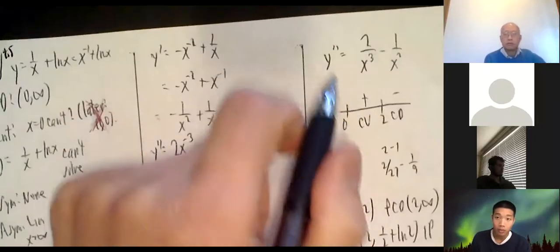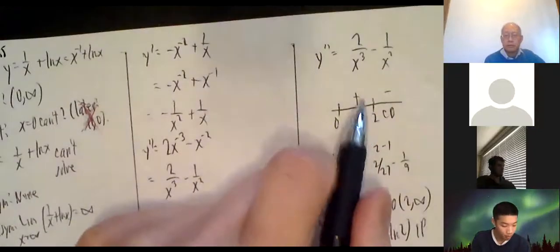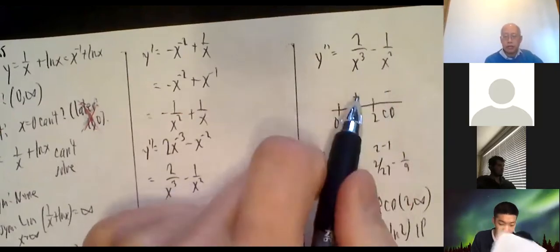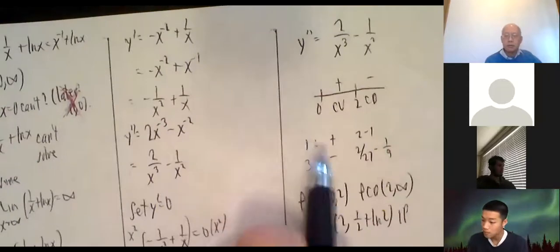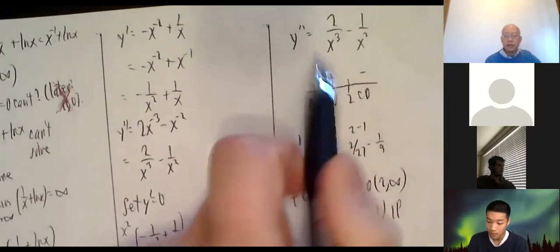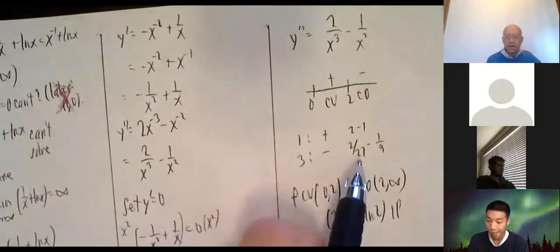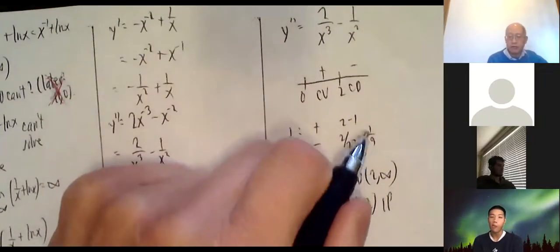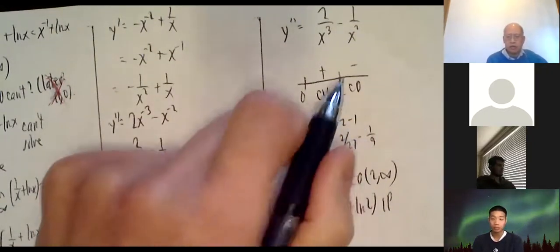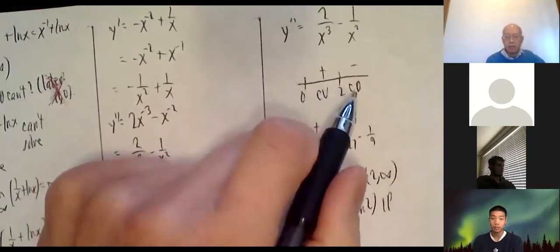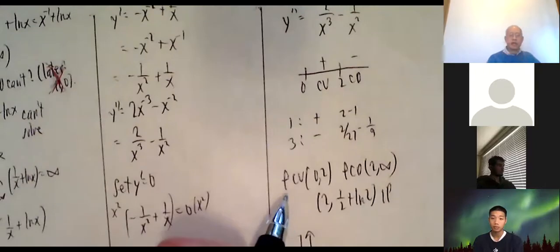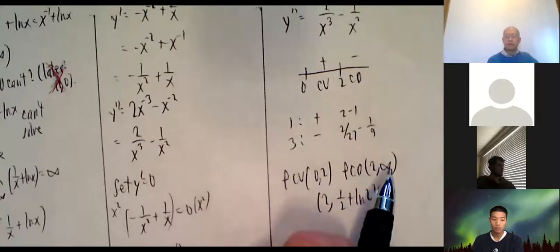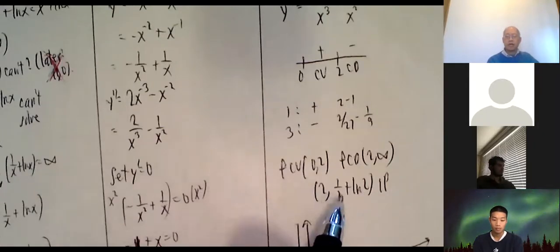All right, sign chart. Lay down the 2. Plug in 1. 2 minus 1, positive. Plug in 3. Okay, I have 2 over 27 minus 1/9. That's a negative quantity. This is like 3 over 27, right? So 2 over 27 minus 3 over 27 is negative. Okay, concave up, concave down, inflection point. All right, so we got it. Function is concave up between 0 and 2, concave down from 2 to infinity, and 2 comma 1/2 plus ln 2